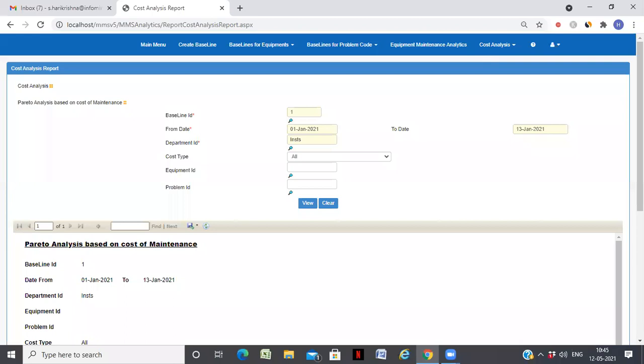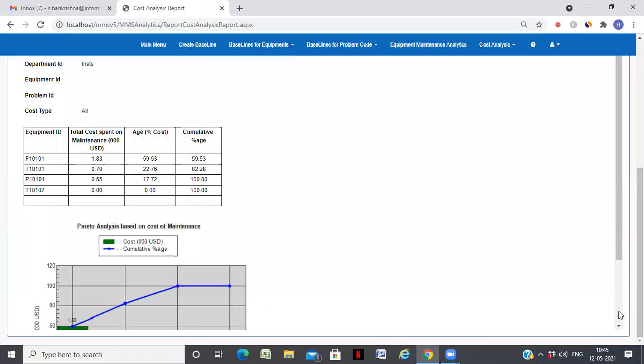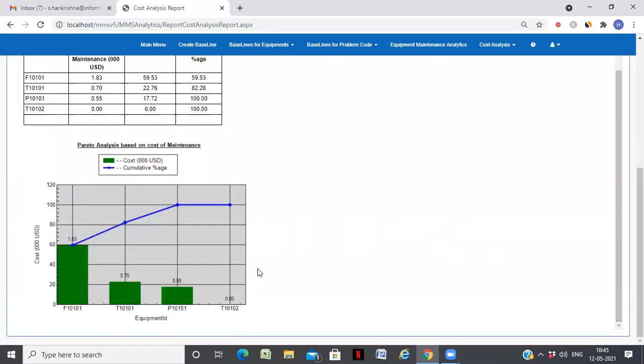So you can see the Pareto analysis for each equipment which has caused the maximum failure. All those things will be displayed here.